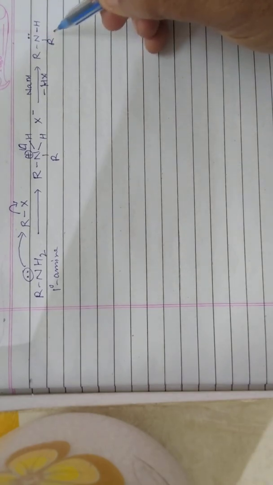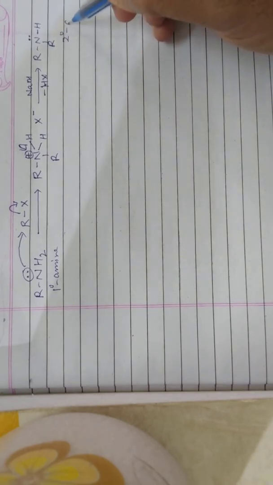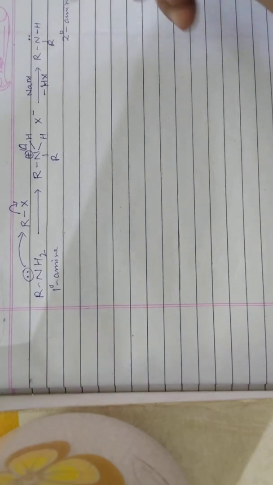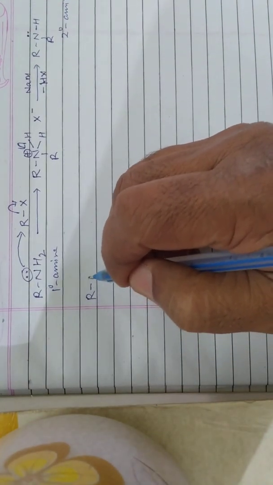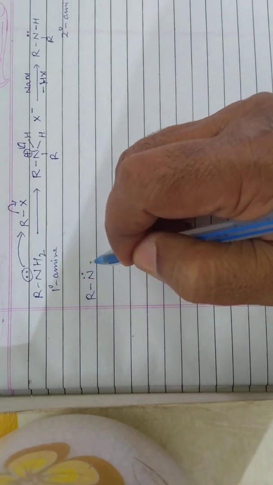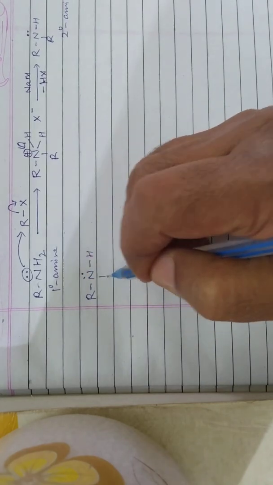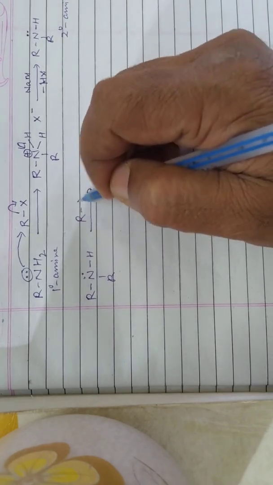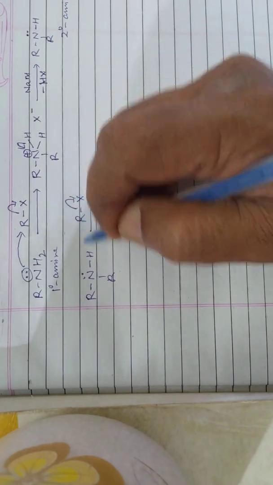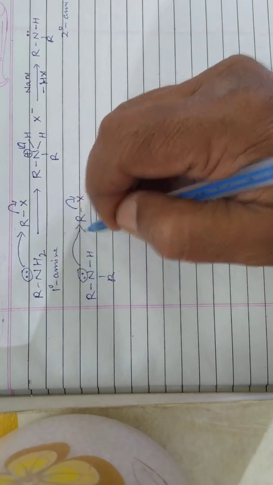So this is a 2 degree amine, and this reaction continues. Continues means now this 2 degree amine plays the role of ammonia. It reacts with the alkyl halide again in the same manner,